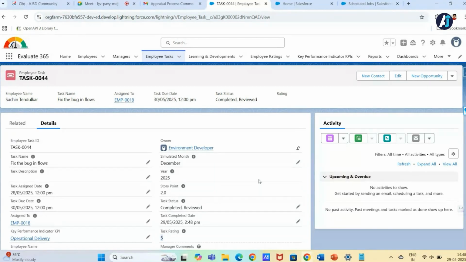We have used formulas for this: if the completion date is less than the due date, we can give a 5 rating. If the completion date is equal to the due date, we can give a 4 rating. If it exceeds, we give the rest of the ratings, like that. But it will not go more than 2 days beyond the due date. Whatever task they give, we need to complete by the due date. If somebody thinks the task is so hard that it cannot be completed by that date, you can raise a query to the manager. He will change the due date as a process.